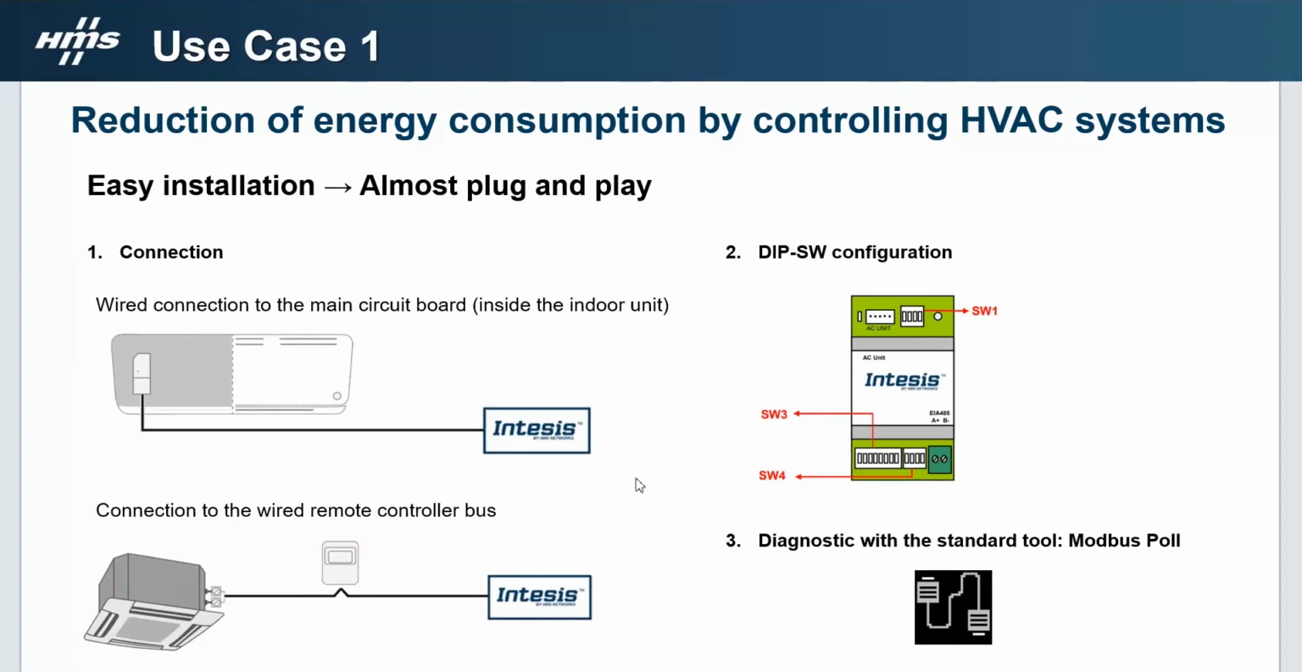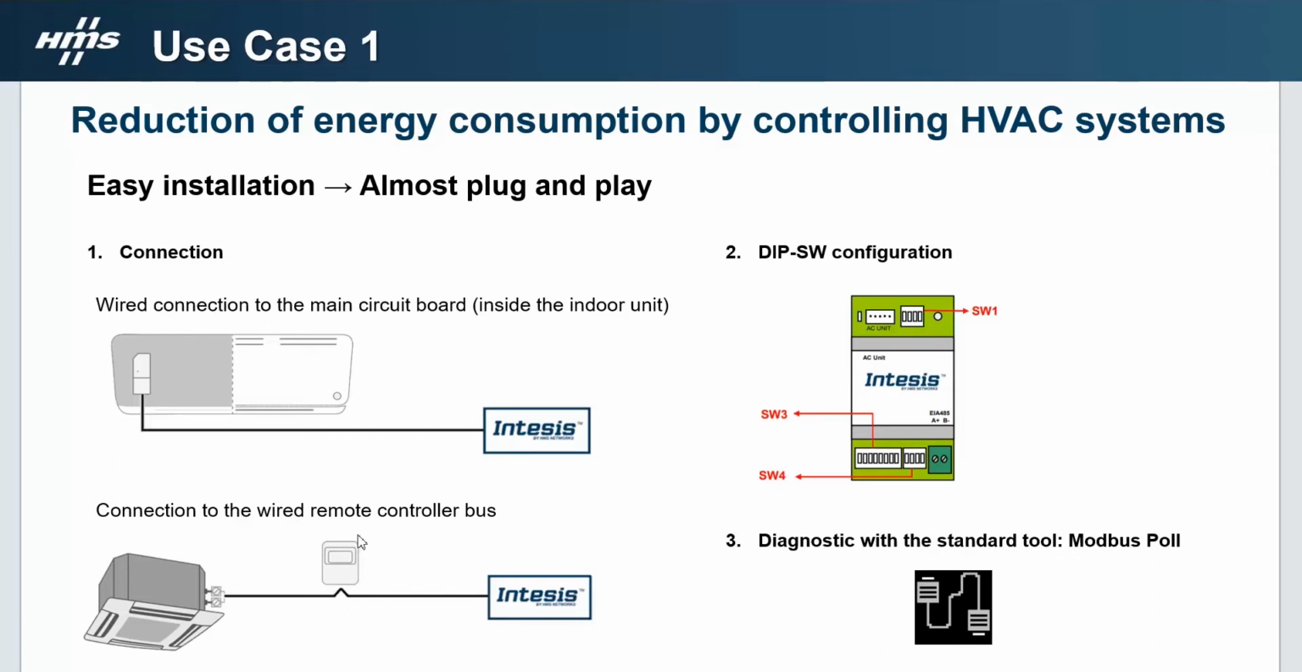Coming to the installation and setup of the gateway, I can say that the installation of this type of interface is almost a plug-and-play method. So first of all, we have to connect the interface to the AC unit. We have two types of interfaces. The one which is directly connected to the indoor unit, via a wire that we provide with the gateway, and the second one that is directly connected to the wired remote controller bus of the AC